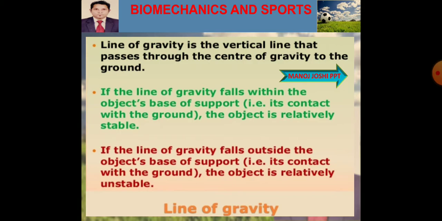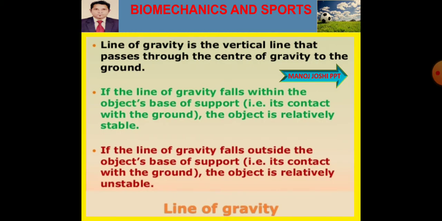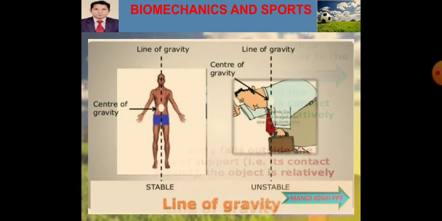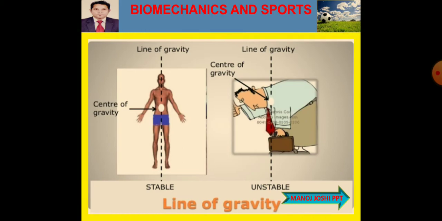We can see in the pictures also we have shown you. Then when the center of gravity is inside the body, and when the center of gravity lies outside of the body. So, stable position and unstable position. Then we have seen the base of support,